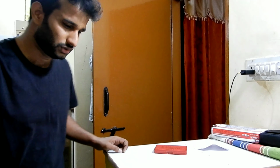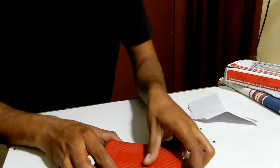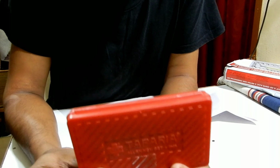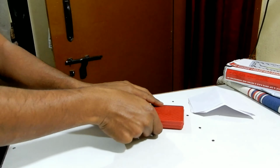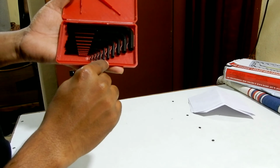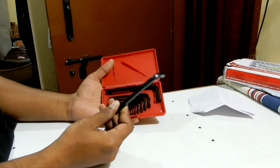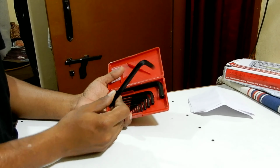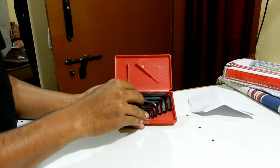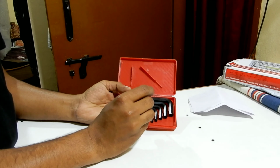So I'm just going to show you how this actually is. This is the Taparia Allen key set, 1 inch. Let me just open this. This is how it is placed. It has 3 bar 16, 7 bar 32, 1 bar 4 and everything. This one you can use for the Royal Enfield fork, to replace it and everything. And this is for your handlebar. Both of these you can use, and this you can use to tighten your